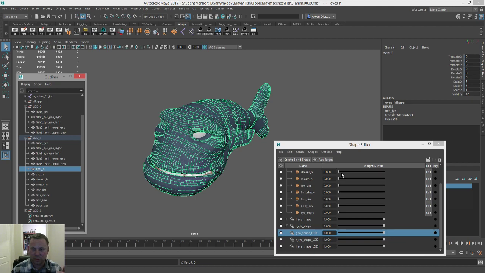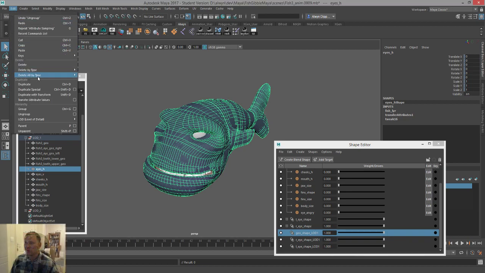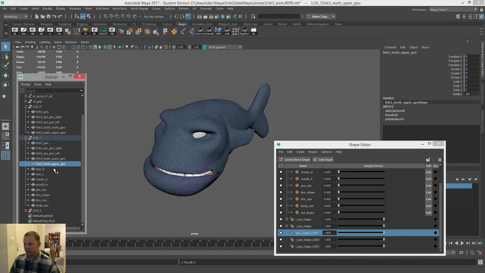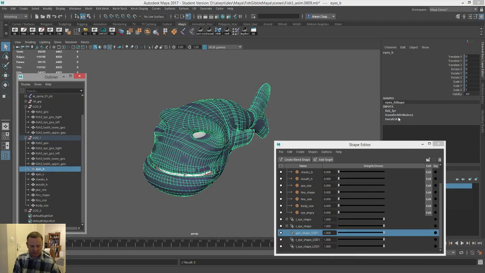But now if I were to slide this guy back, it would also slide back the geometry here. So what you need to do is delete history just on this guy. I've got a shortcut set up for that, but you would go in here and just delete by type history. I'm using Alt-Shift-D, and then these guys here are going to collapse. So now if I slide back